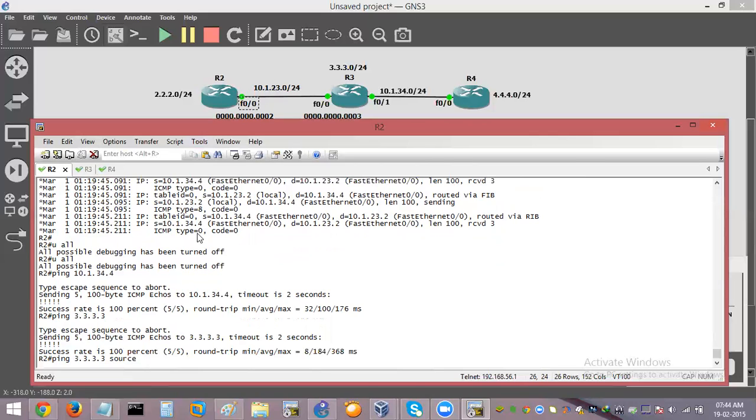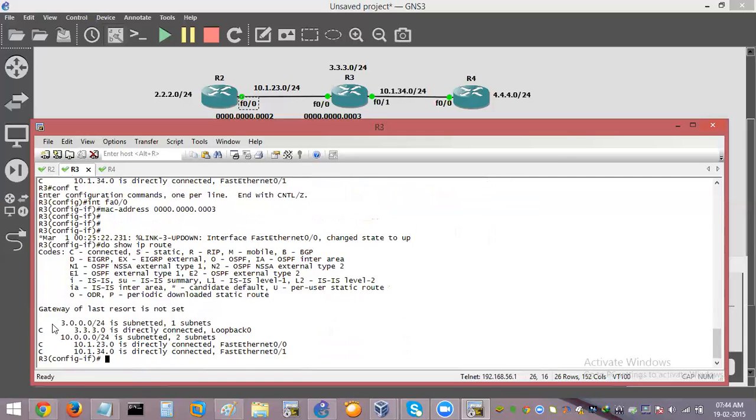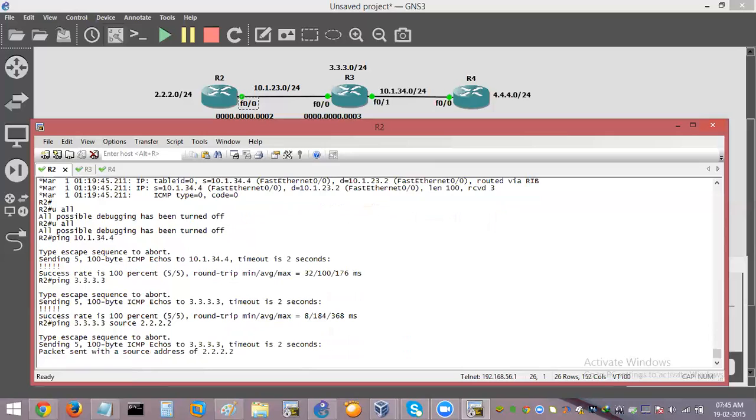But let's say I don't want to use that as my source. I want to use 2.2.2.2 as the source of the ping packet. So can this ping work? This ping is not going to work, because for it to work, R3 should know how to reply back to 2.2.2.2, and I think we have not specified anything on R3. You can see there's no route for 2.2.2.2 in the table of R3. So when R2 tries to ping 3.3.3.3 using 2.2.2.2, R3 is not sending a reply and R2 is getting ping drops,